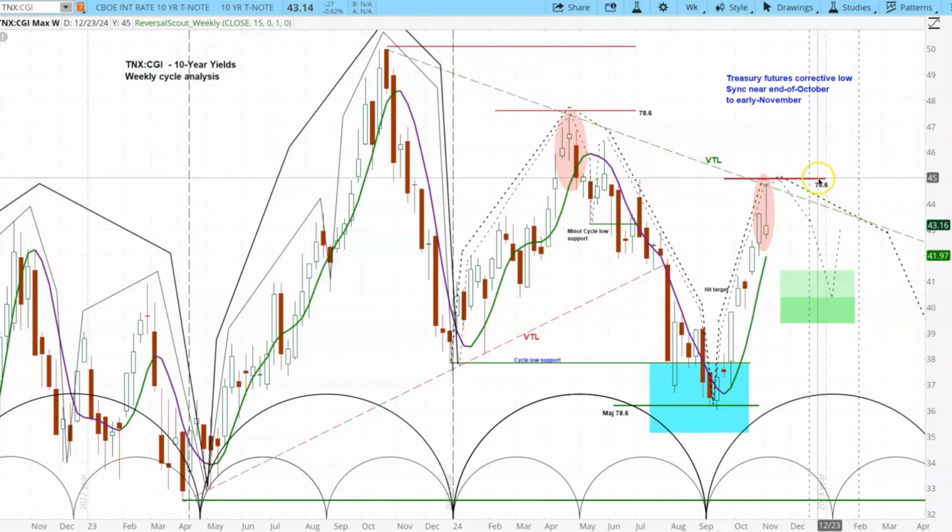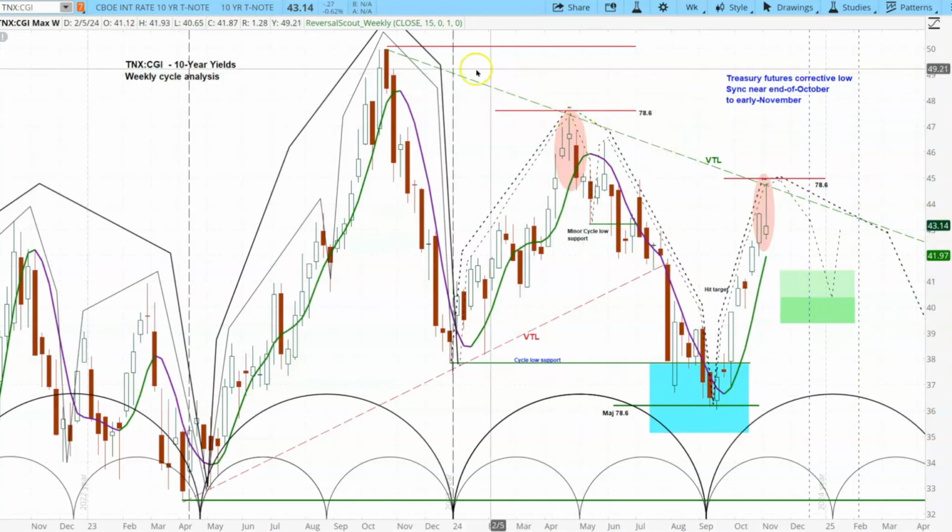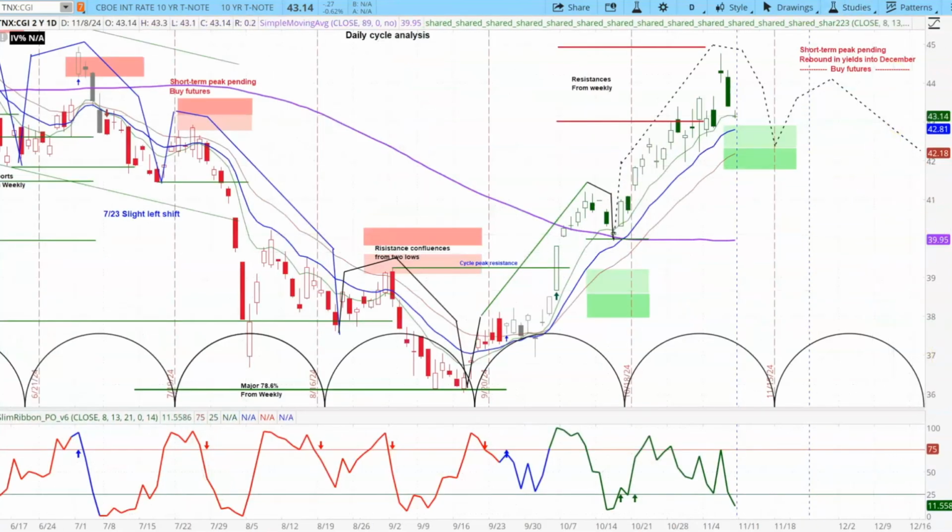And also here at the 71.8% retracement level from this peak to this decline. So that is an interesting level for sure. You can see what happened right over here at the 78.6% where it made that peak also. So this is an important area, and we are getting some signs on the weekly chart that a peak in yields is here. Now, when I switch over to the daily chart, you can see the magnificence of the cyclical